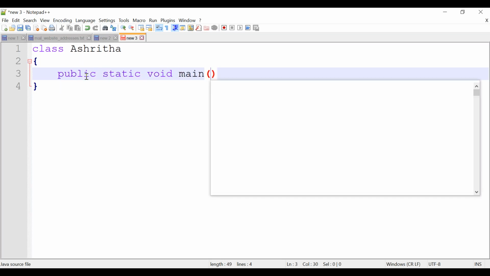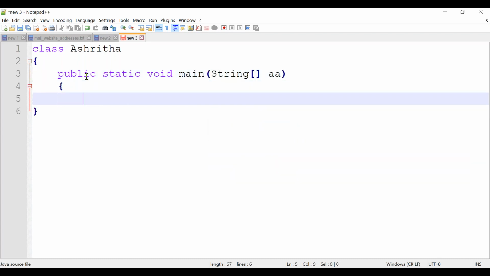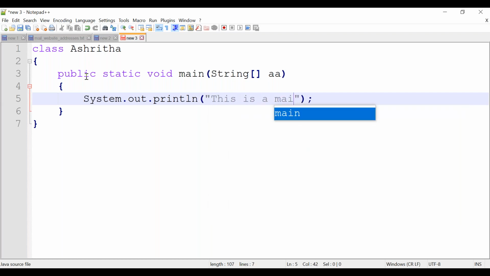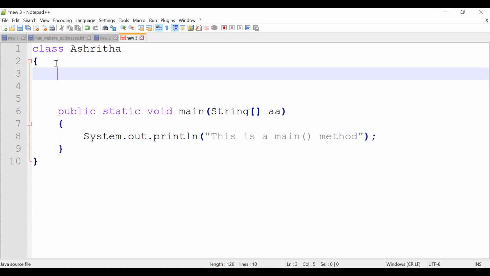This takes a single argument, a string array. I am printing something. This is the main method. In the same way, I am having one static block.